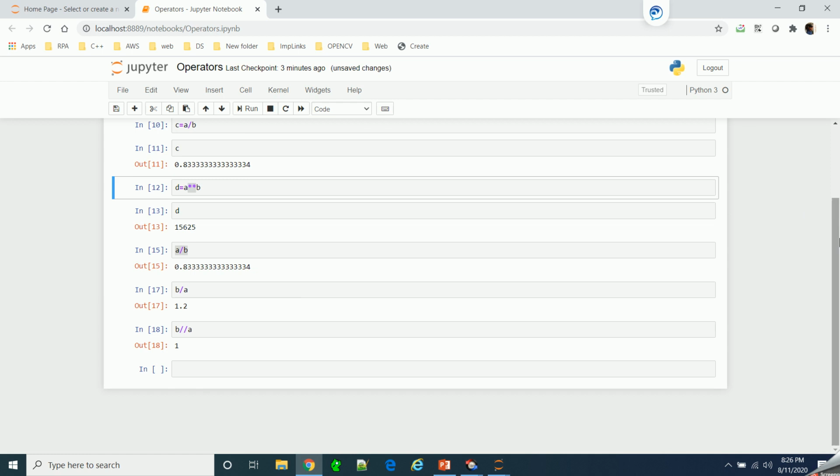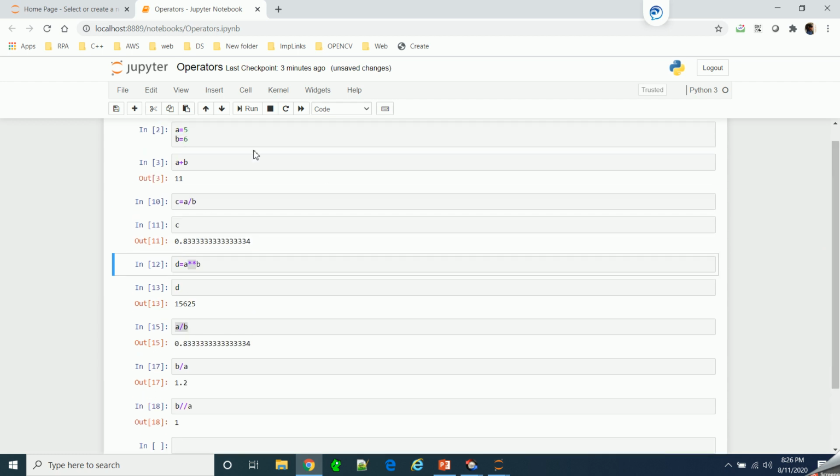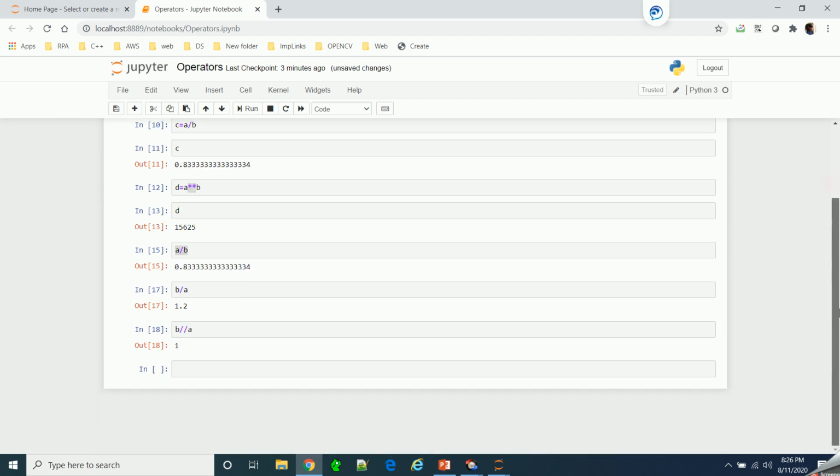So here we have two variables, a equal to 5 and b equal to 6, and now we'll compare them. So we'll say a is less than b. A relational or comparison operator will give either true or false.